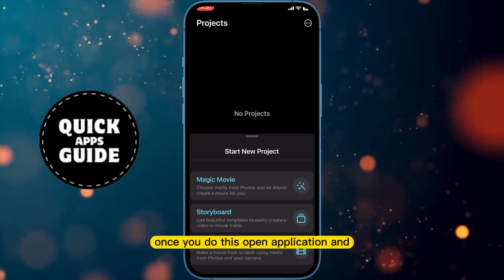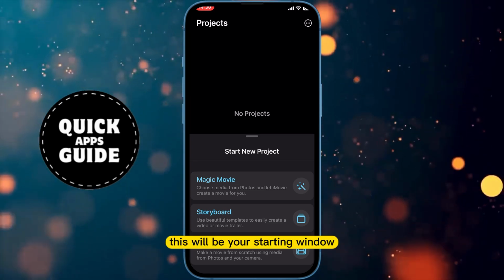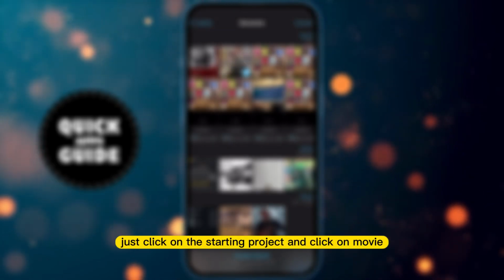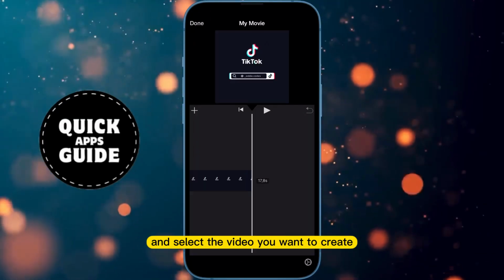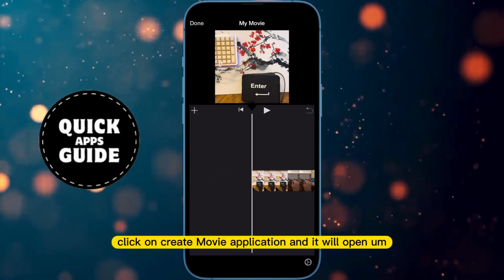Once you do this, open the application and this will be your starting window. Just click on start new project and click on movie, and select the video you want to create. When you do that, click on create movie and it will open